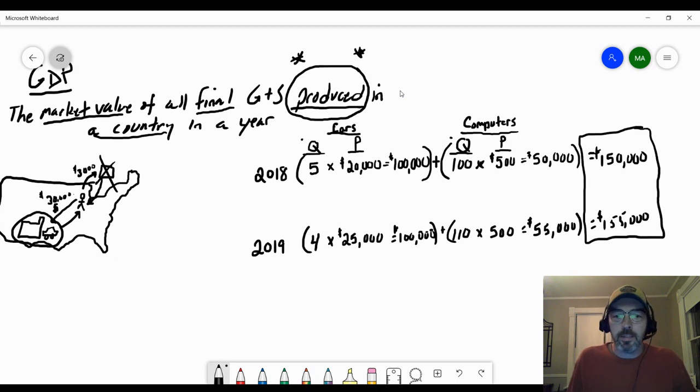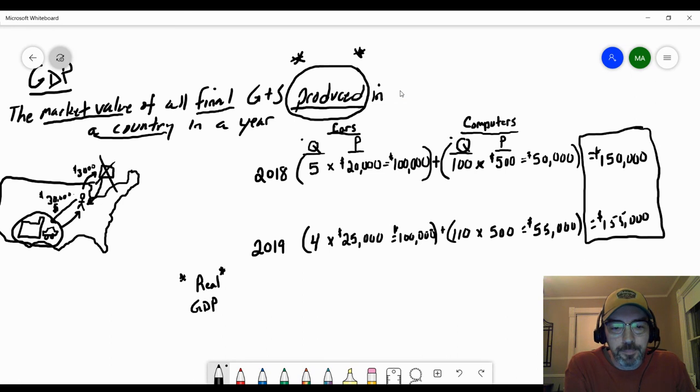So I don't think we can simply say if we produce fewer cars one year but more envelopes, our country is doing just fine. So we really need to do something to measure the value of cars and computers, and that's why we include the price. The problem is prices change from year to year, and that sort of distorts this number. So that's where we come to this second term in GDP, and that is the idea of real GDP. And this is super important in economics. Frankly, it's more important than just GDP.